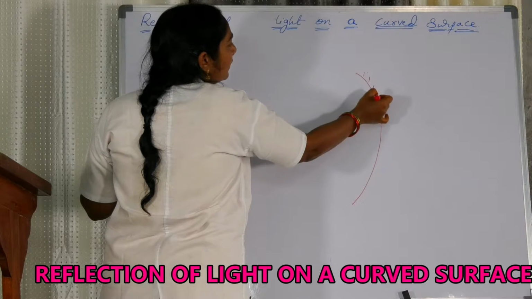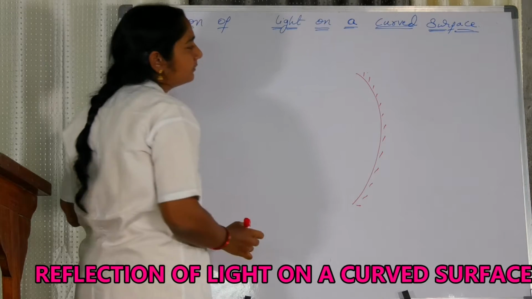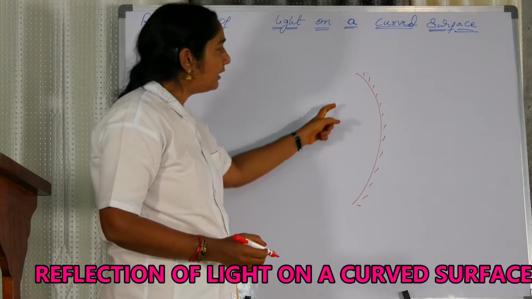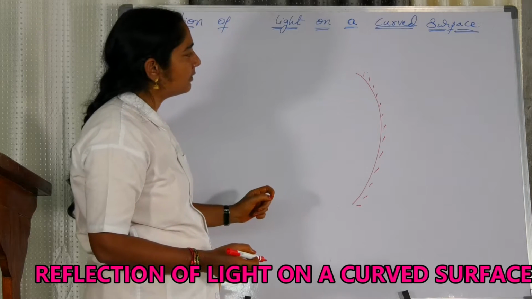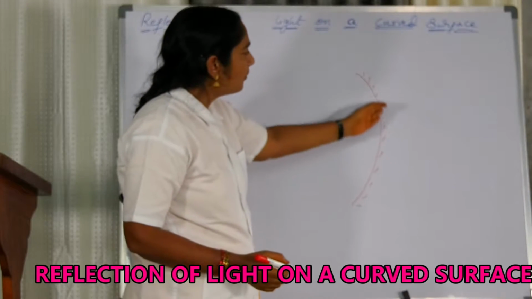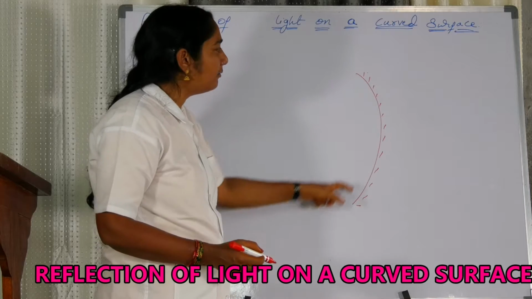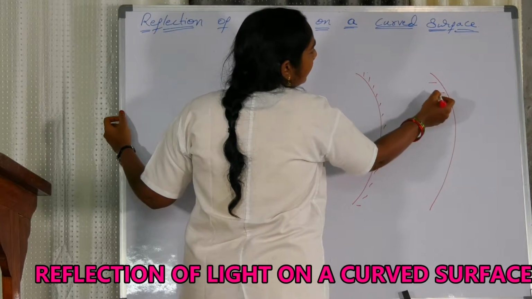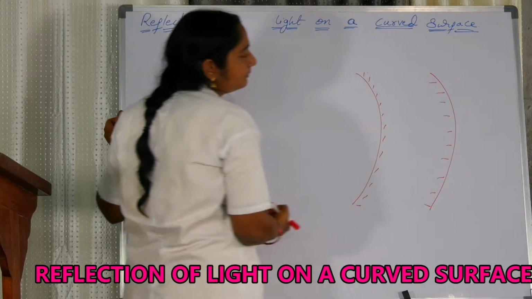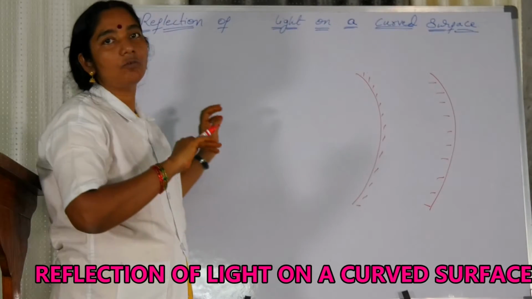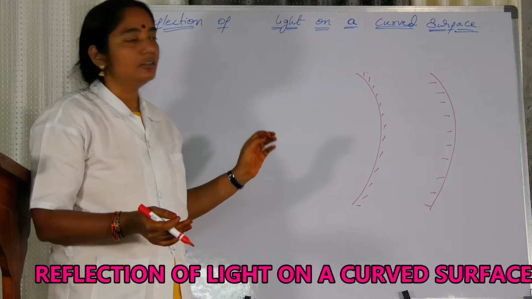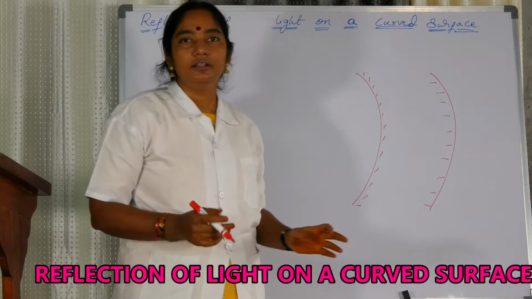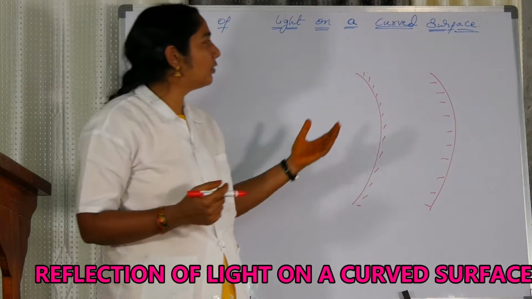and if you coat that in this direction, this becomes a concave mirror. Because the reflecting surface is inside, and this is the opaque surface. So this becomes a concave mirror. If the coating is given on the other side, meaning the coating was given on this side, that becomes a convex mirror. So this becomes a convex mirror and this becomes a concave mirror. The difference is just where you give the coating.